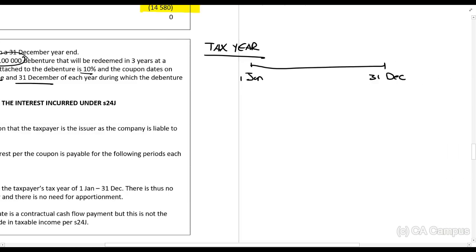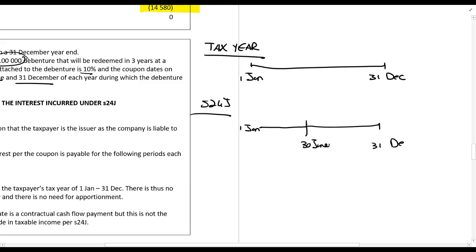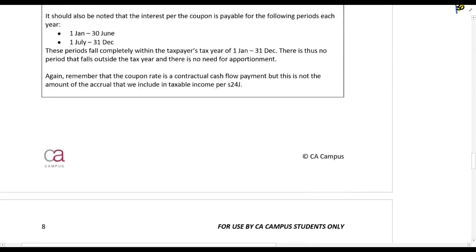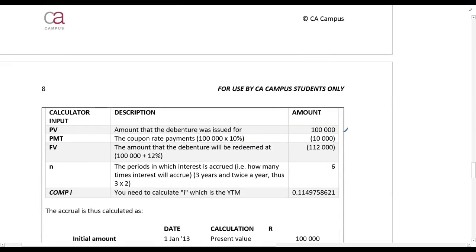So our section 24J period is 1 Jan to 30 June and then 31 December. So you've got 2 periods that happens. Now, both of these fall within the tax year, as you can see, in a complete tax year, so we still don't have to apportion. But you need to understand that we're going to do 2 calculations. So, when we fill it in now, present value,